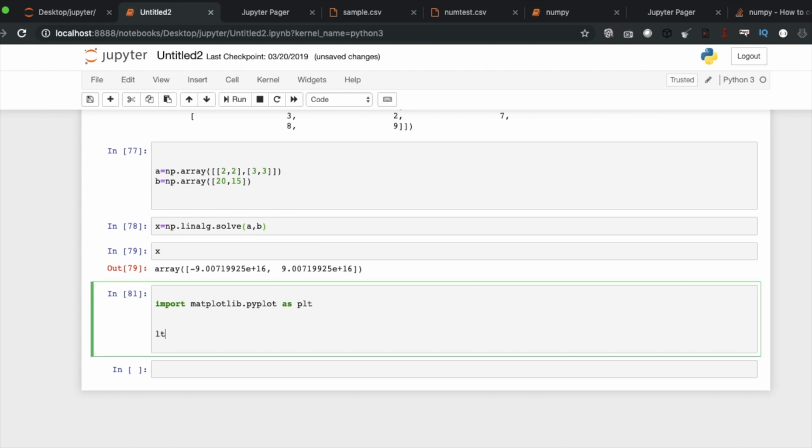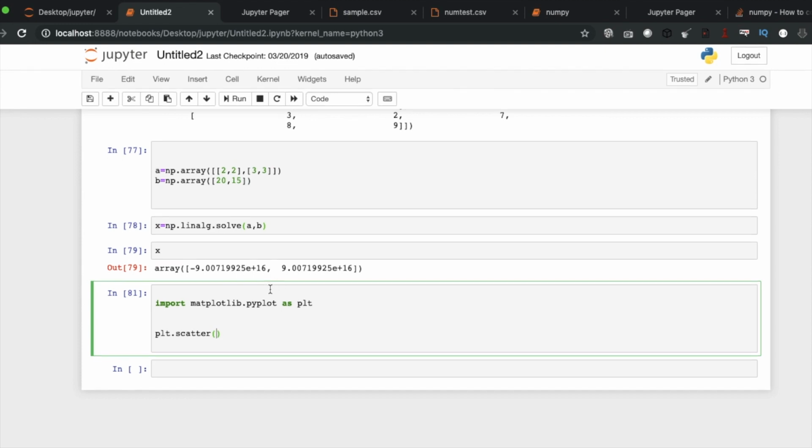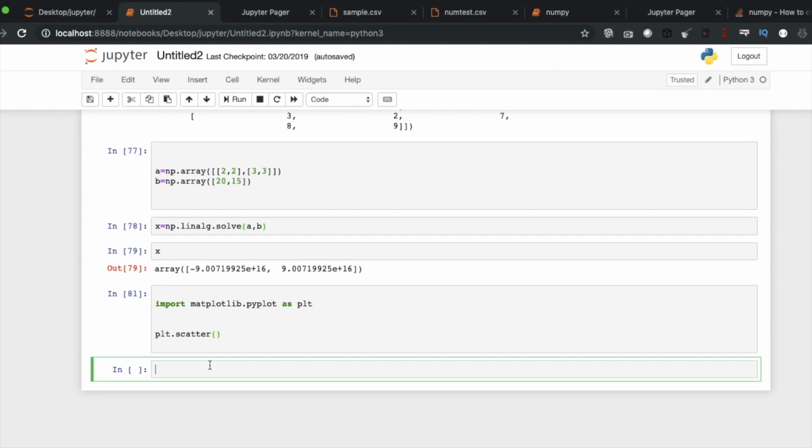Then plt.scatter. What is the value of a?